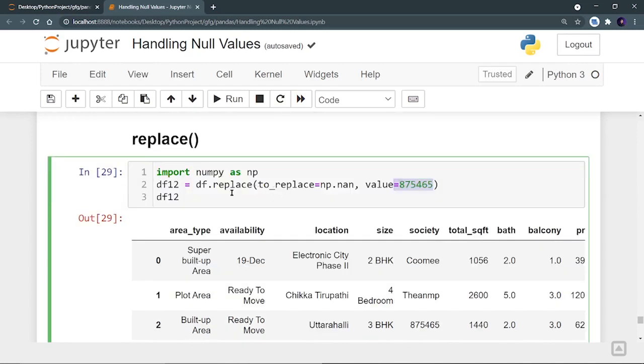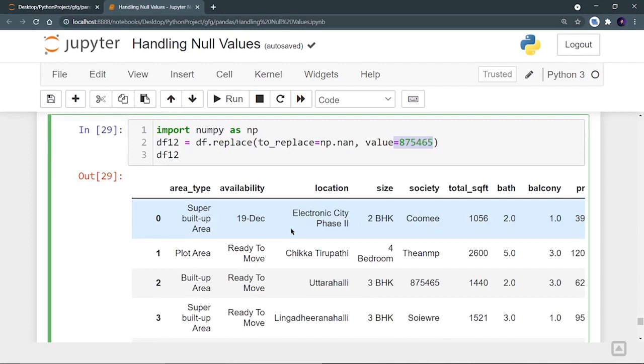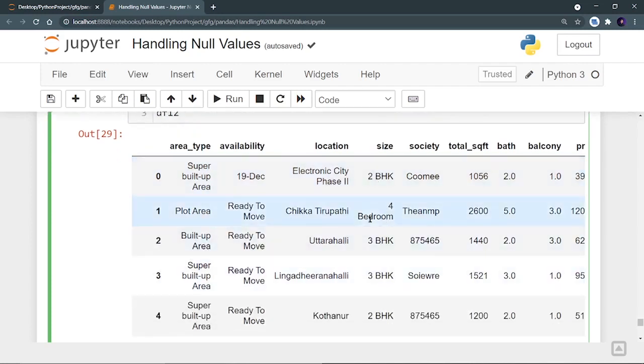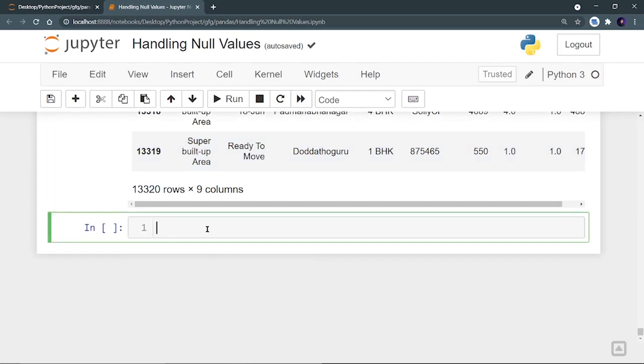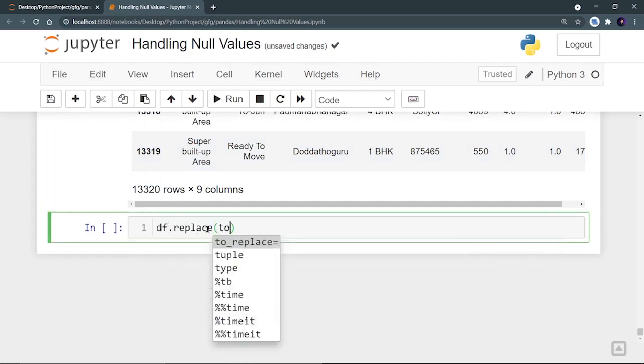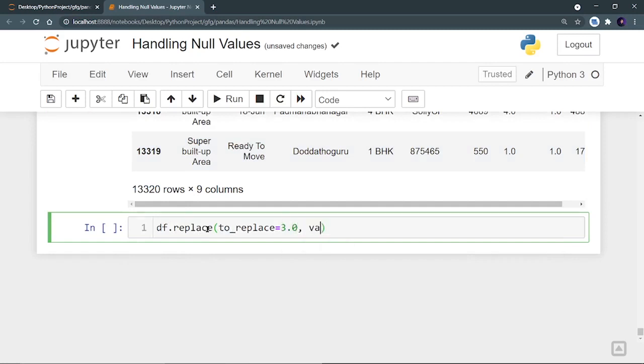And using this replace function, you can not only fill the null values, but you can also replace any value. Let's say I want to replace 3. Here I can see that balcony contains a lot of 3s. Wherever I'm getting 3, I want to replace it with 5. So let's do it. df.replace, to replace the float number 3 with a value